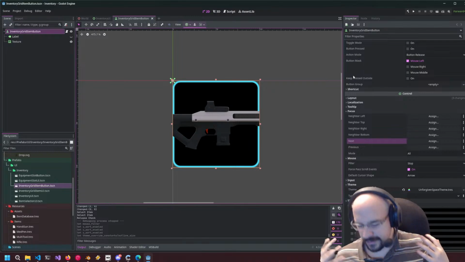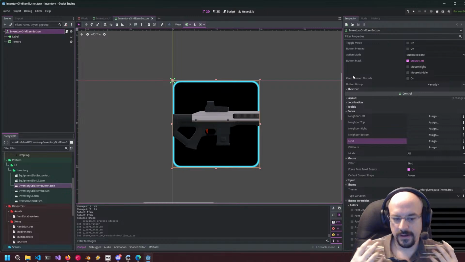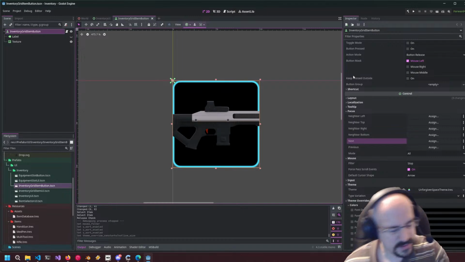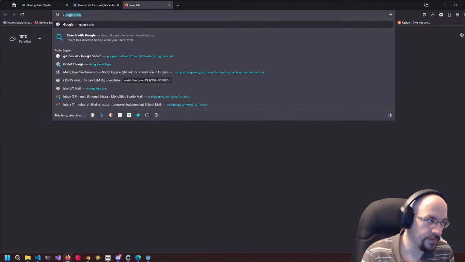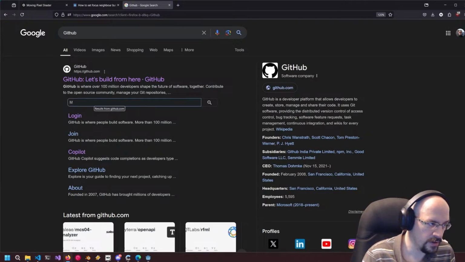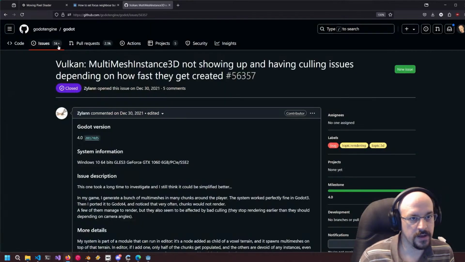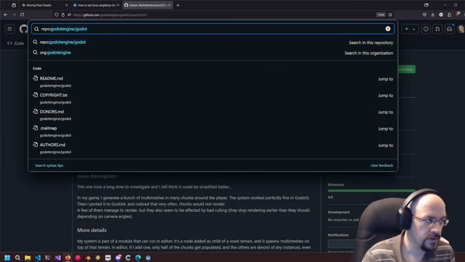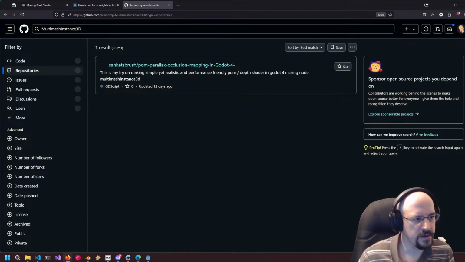And then finally, you ChatGPT'd it, you read the documentation, and then you try random stuff, you see what works. And if nothing works, then you can go to GitHub. Then you go to GitHub, okay? And then you look for, in GitHub, MultiMeshInstance3D, inside GitHub itself. So MultiMeshInstance3D. And then you start finding